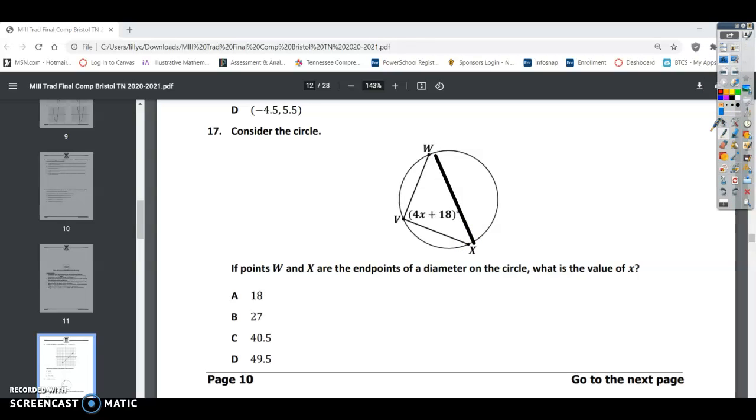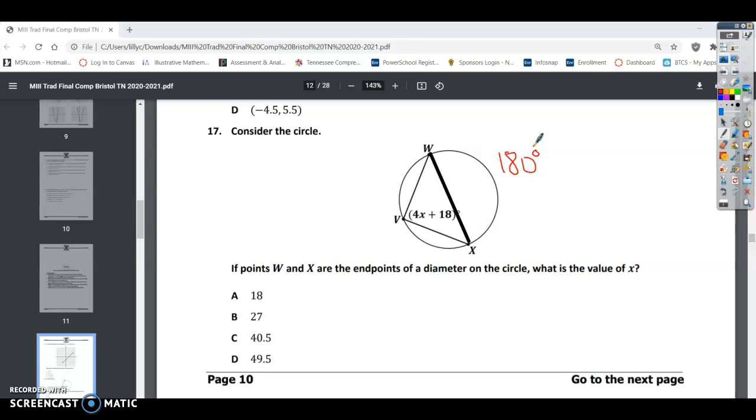It moved a little bit, but that's okay. All right, so the diameter means it cuts the circle in half, which means it's 180 degrees for this side. So this is 180 degrees, so that's useful information when we're trying to find out